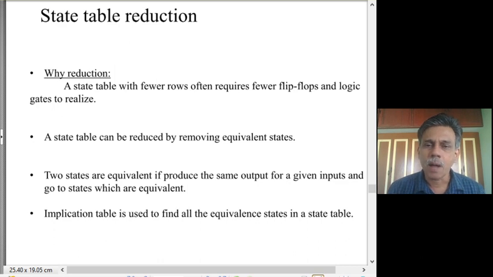So a priori you won't know how many states would be required, and therefore you need to find out the minimum number of states with which you can come up with a design for solving a problem. But we can find out that number by using a systematic procedure.